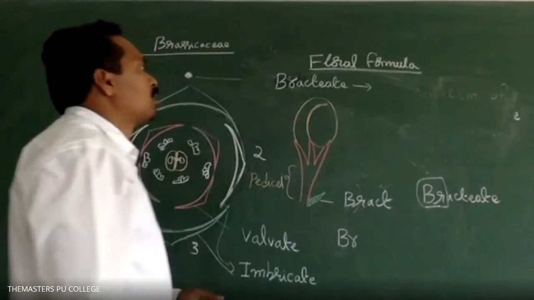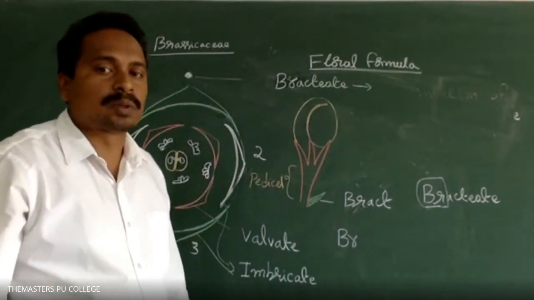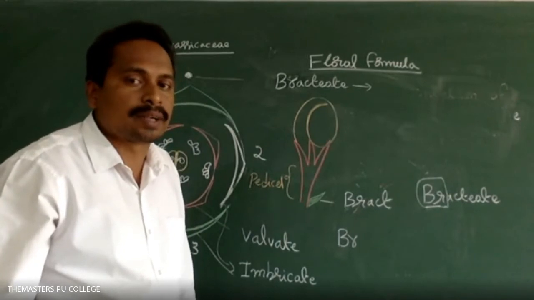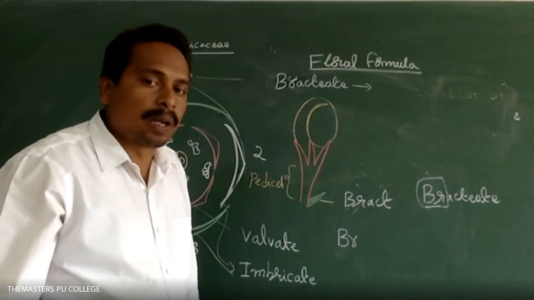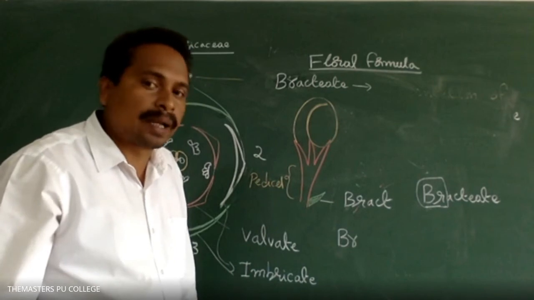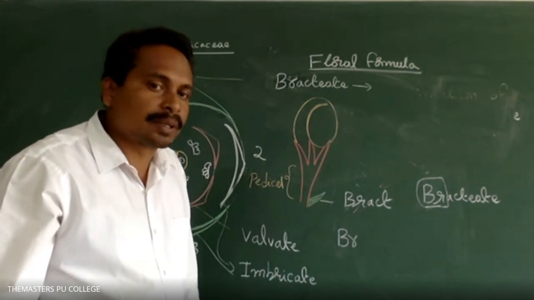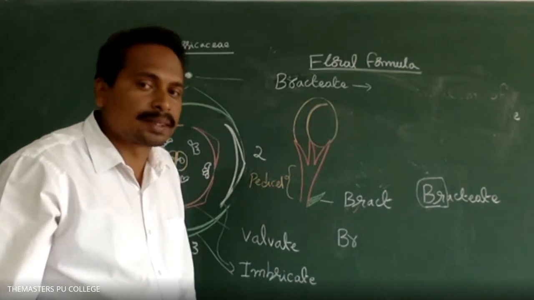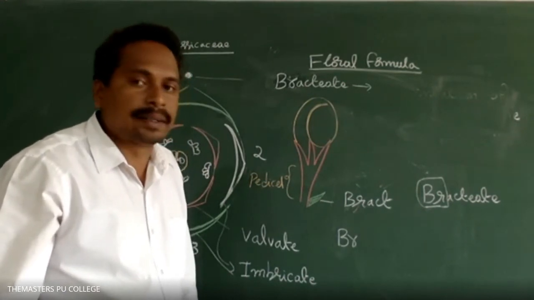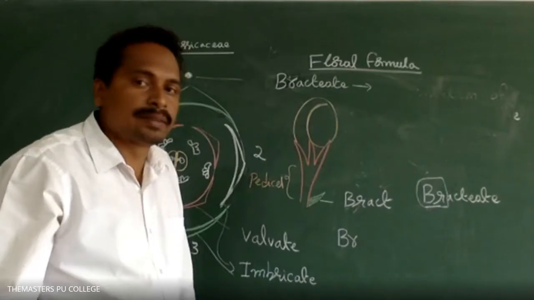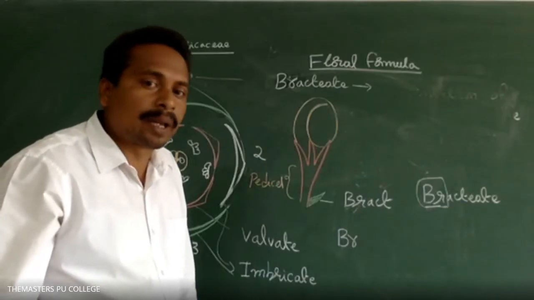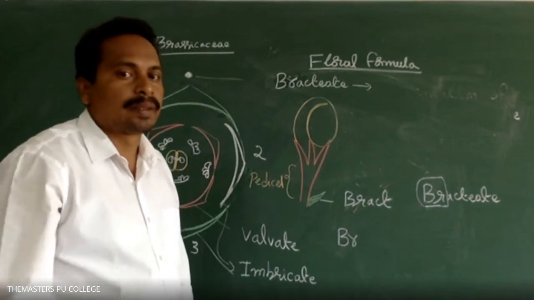Sir, bracteate flowers are found in monocotyledons and dicotyledons, sir? That's not a criterion to differentiate dicot or monocot. We can use it for both classes of angiosperms. If any plant flower has a bract, it is called a bracteate flower. So bracteate flowers are present in both classes of angiosperms. That is not the criterion here. The criterion is whether it has a bract or not. Is it clear? Clear, sir.